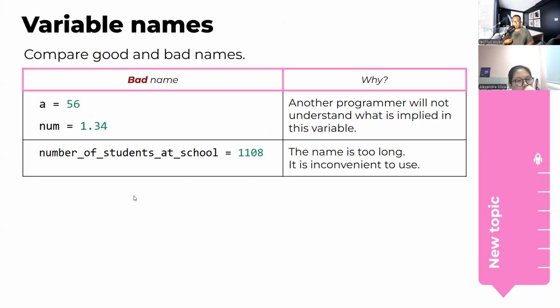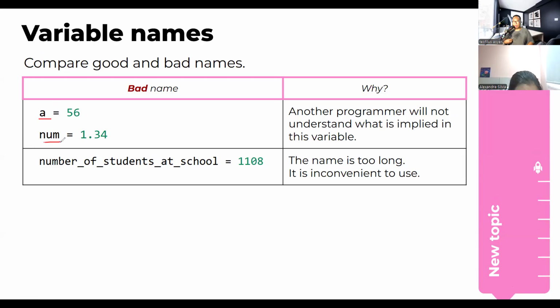So let's see how to compare good and bad variable names, okay? A bad variable name is bad because of two things. The first thing that makes it a bad name is that it is too short like this. So if you want to name a variable, make sure you are not naming it too short. And it has to be specific about the things you want to keep inside it. And don't make it too long like this either.